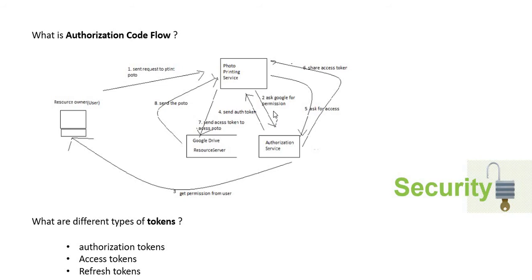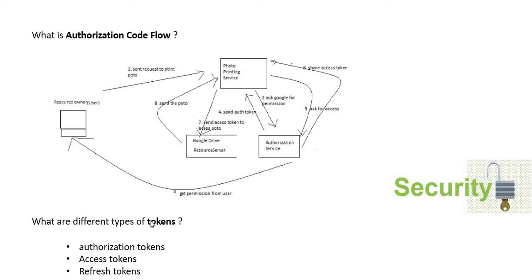Now for the client to access the specific resource, it needs to send a request to the authorization server asking for an access token. Using the access token, the client can send a request to the actual resource server to access the photo. Now the photo is available to print by Walgreens. This is one kind of flow in OAuth, named authorization code flow.